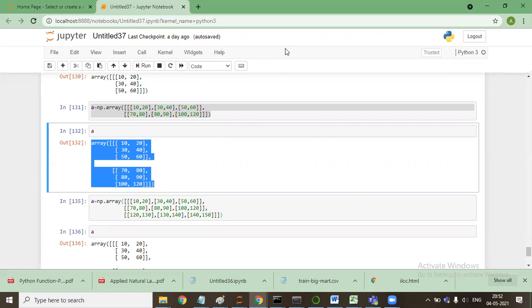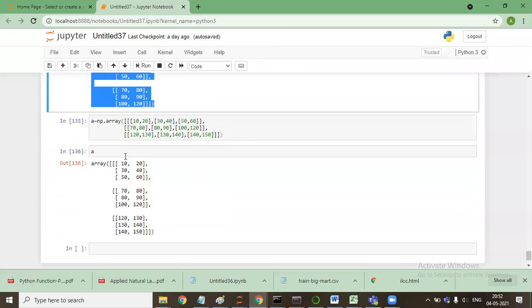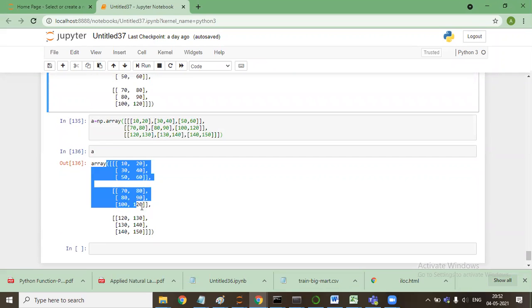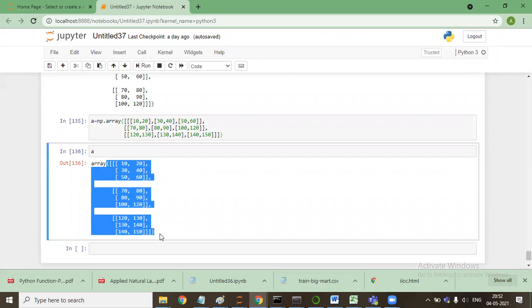Now coming to the second part, this one. This is a three-dimensional array. When we say three-dimensional array, this means the colored image that you store is basically a three-dimensional array, because any colored image has three colors.